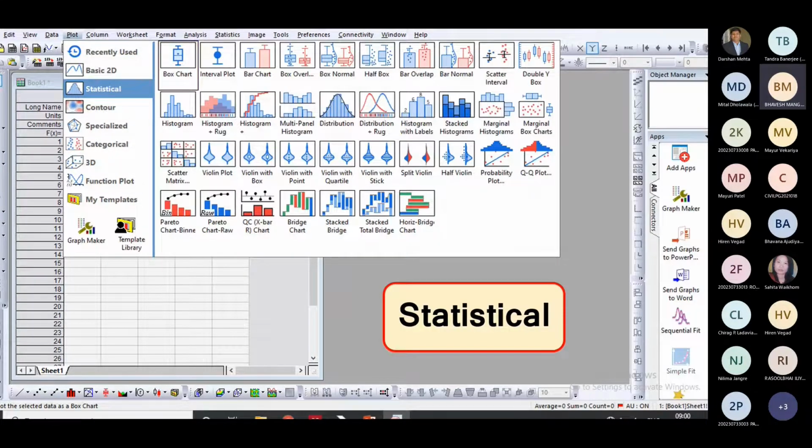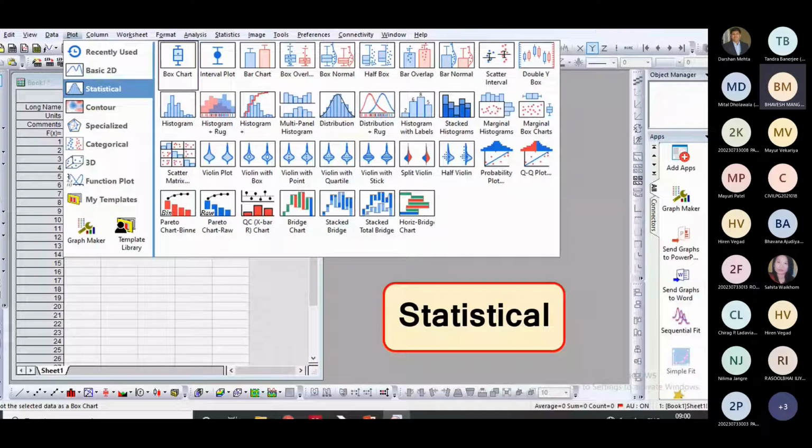Then statistical graphs, which are very important for any research paper, right? When you write your research paper, the statistics of data are very important, and to represent your data with good statistics, you require these charts: box chart, interval plot, bar chart, box overlap, box normal, half box, right?